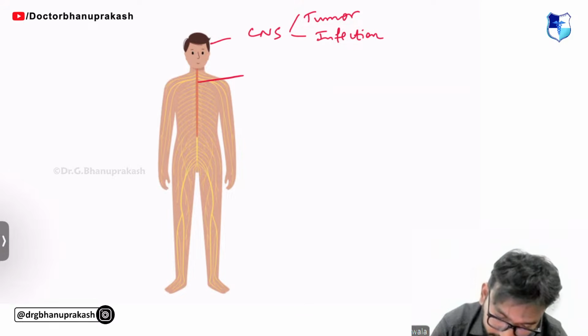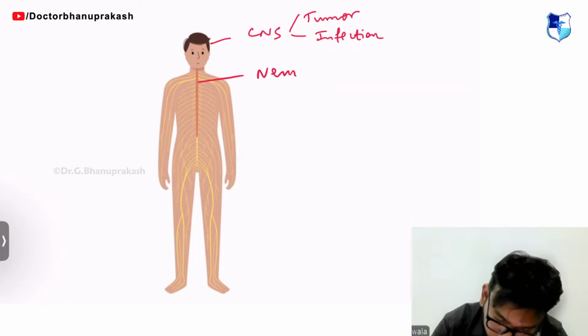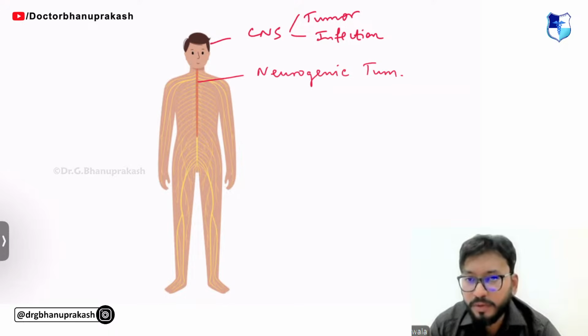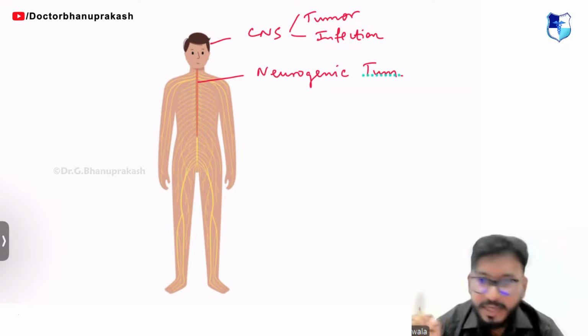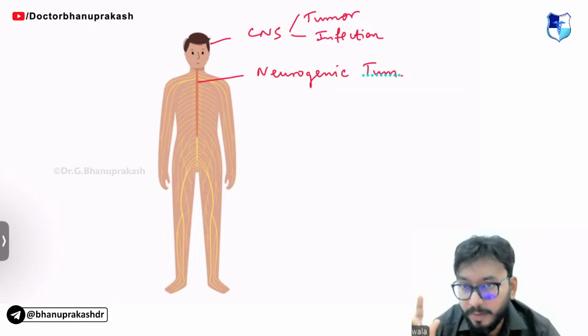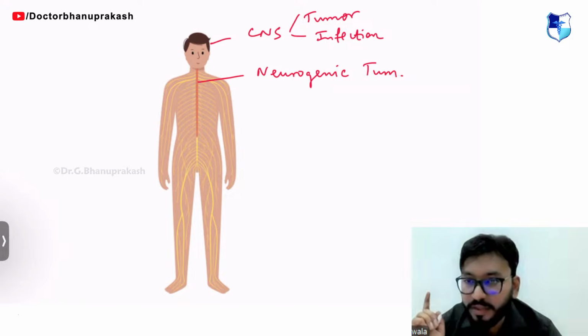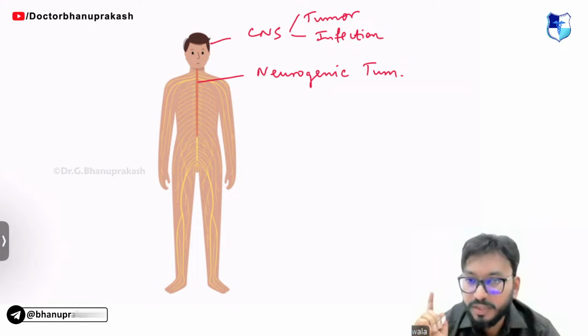Okay, along the spine, guys. Any neurogenic tumors, tumors of the posterior mediastinum. Mark my words, remember my words, I'll ask you again. Tumors of the posterior mediastinum, any neurogenic tumors, investigation of choice, MRI.